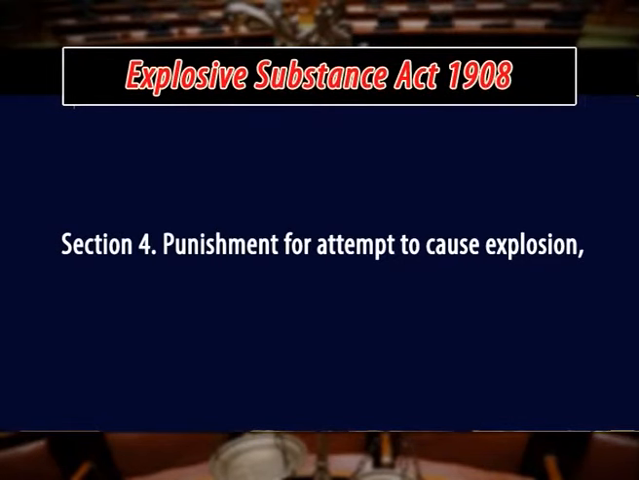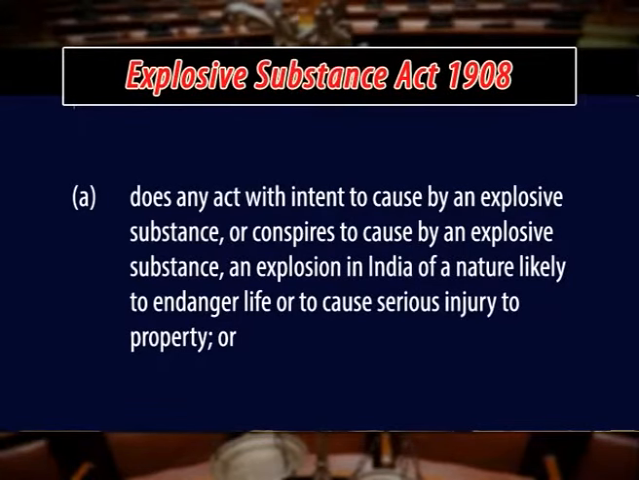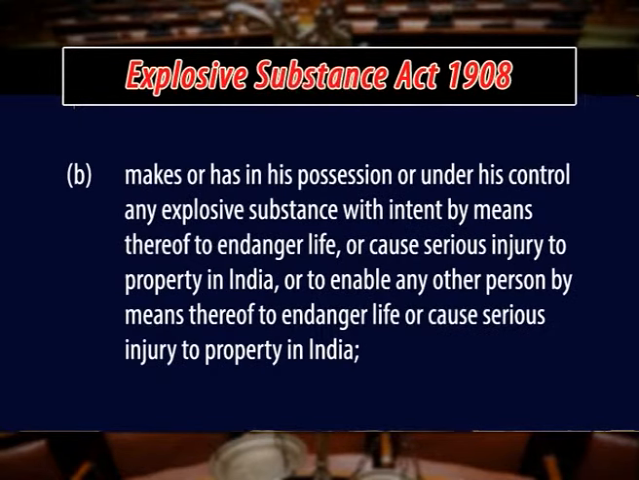Section 4. Punishment for attempt to cause explosion or for making or keeping explosive with intent to endanger life or property. Any person who unlawfully and maliciously a. does any act with intent to cause by an explosive substance, or conspires to cause by an explosive substance, an explosion in India of a nature likely to endanger life or to cause serious injury to the property, or b. makes or has in his possession or under his control any explosive substance with intent by means thereof to endanger life or cause serious injury to property in India, or to enable any other person by means thereof to endanger life or cause serious injury to property in